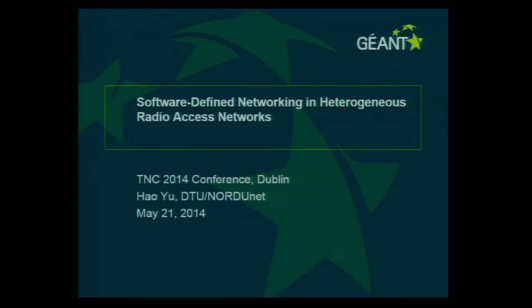Then we'll have Frans Panken from SURFnet, talking about the creation of an eduroam-like authentication mechanism for authenticating mobile device users in LTE, 3G, 4G data connections.